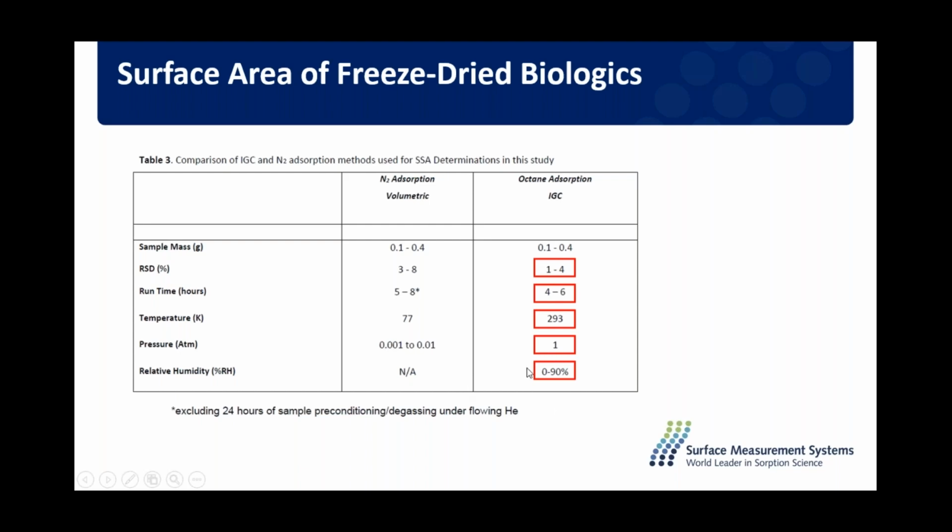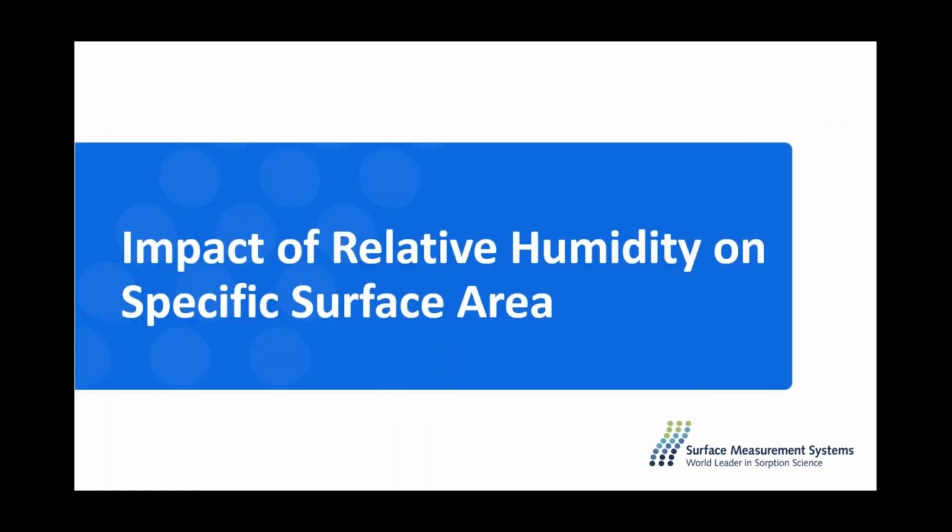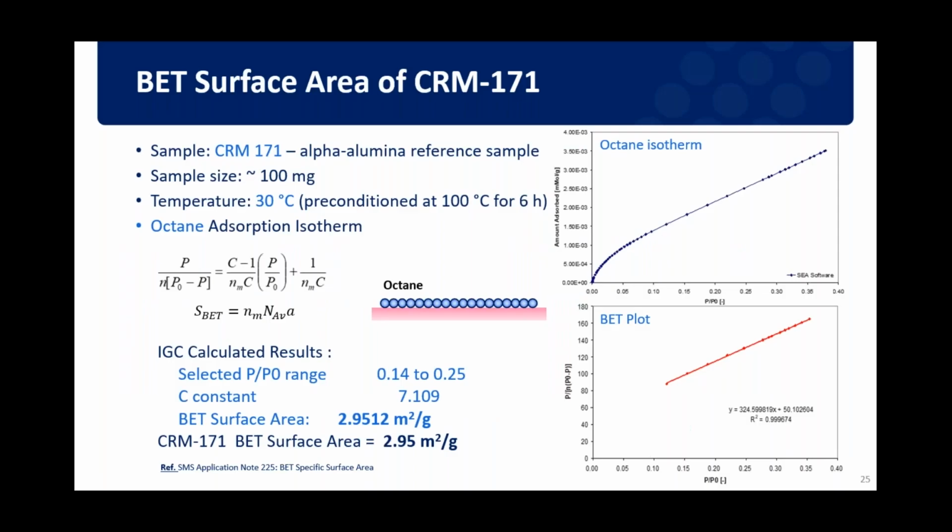And which I'll show later, not on the data that I showed previously from Dr. Williams' paper, you can do these over a range of relative humidities, whereas with nitrogen techniques, you're forced to do them at dry conditions. So to show the impact of relative humidity on specific surface area, we'll